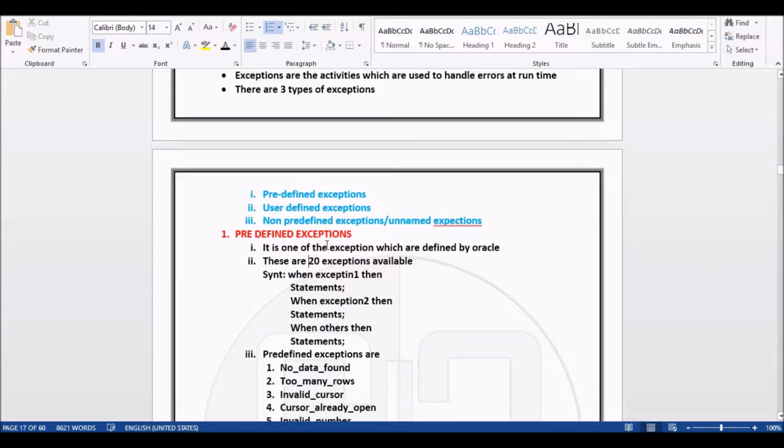These are the exceptions which are predefined by the Oracle people. There are some common errors which are repeated by common programmers, some 20 errors which we generally produce, and those are named under predefined exceptions.